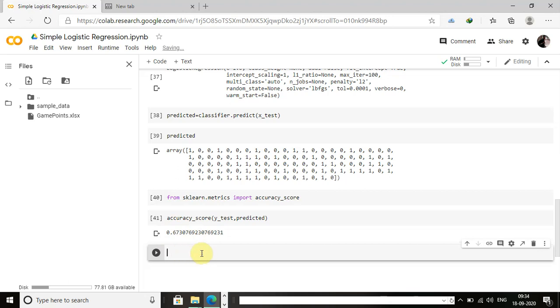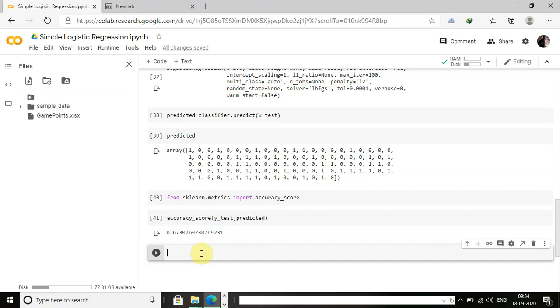Now we are going to check the confusion matrix. The confusion matrix is nothing but, from the actual values of yes and no, how many are predicted as yes and how many are predicted as no. My data set has yes values.